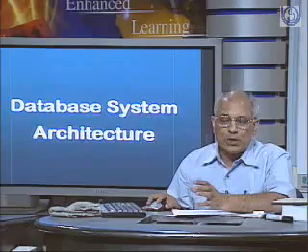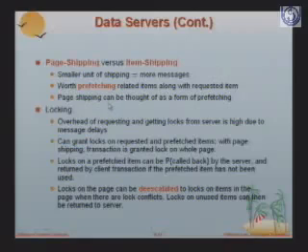As I told you earlier, page shipping can be thought of as a form of prefetching. Locking: the overhead of requesting and getting locks from the server is high due to message delay. The server can grant locks on requested and prefetched items. With page shipping, the transaction is granted a lock. So all those issues which we have related to the transaction server are also somehow reflected in the other database